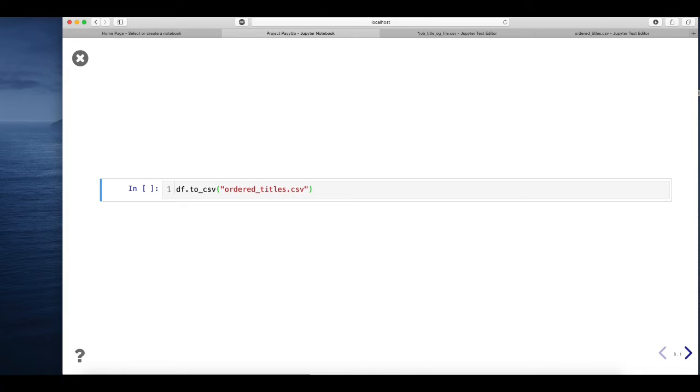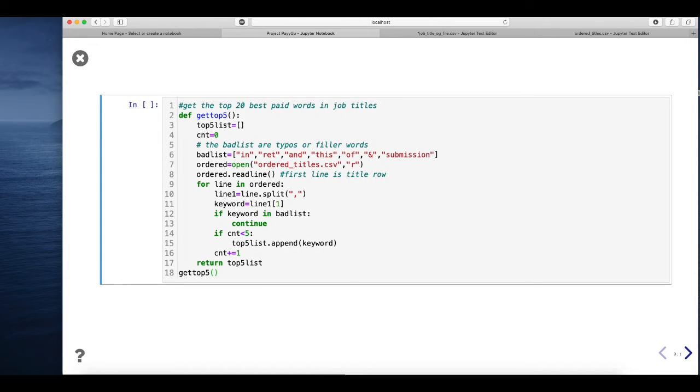Yeah, so this is a data frame that we just saw, and we want to save it as a CSV so we can run through it and iterate through it easier. We're going to save it as the ordered title CSV. Cool, so this is how we're going to get the top 5 list for the top earning